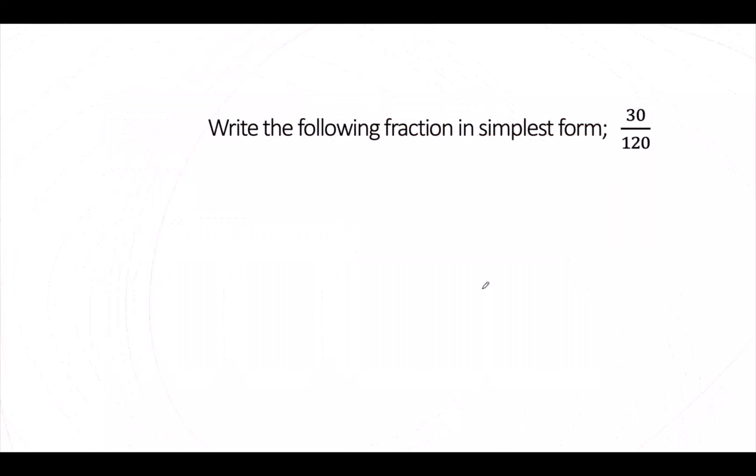The first step I'm going to take is to separate the numerator, or the top of the fraction, from the denominator, or the bottom of the fraction. Next, I am going to find the greatest common factor of the two numbers. If you are not familiar with greatest common factor, it is the largest integer that can divide both numbers evenly with no remainders. To find the greatest common factor, or GCF, I am going to use a method called prime factorization, and in this case, I will be using factor trees to do that.